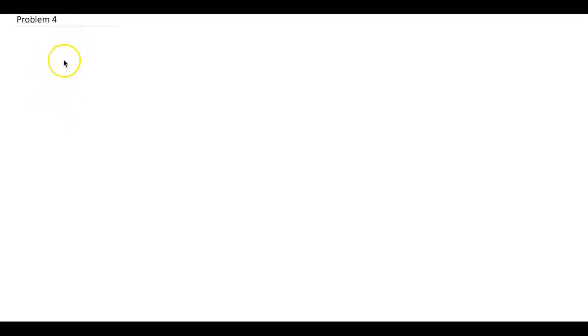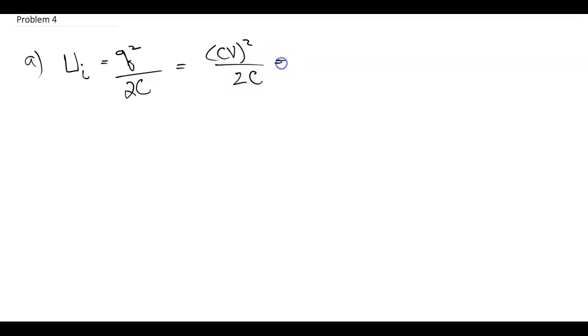In the next problem, we're asked to find the potential energy for a capacitor before the slab. The slab, by the way, is known as a dielectric. So let's call this the potential energy initially, which we know is Q squared over 2C. And if we use the fact that Q is C times V, then we can get another equation for the potential energy,